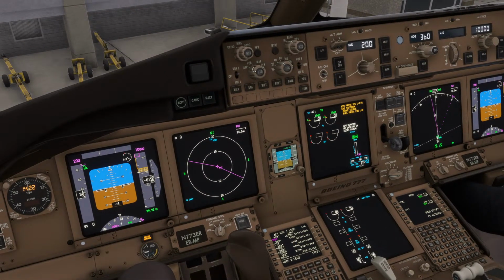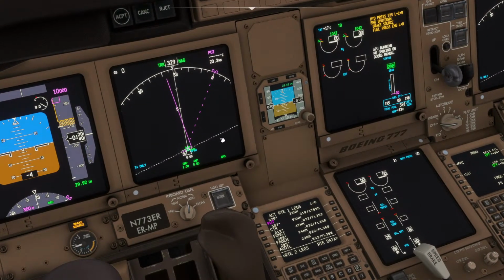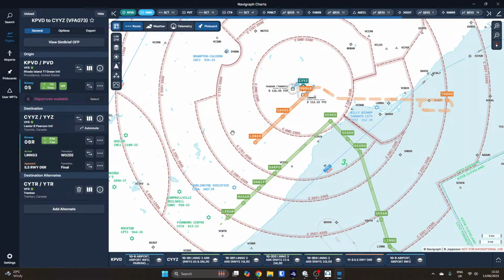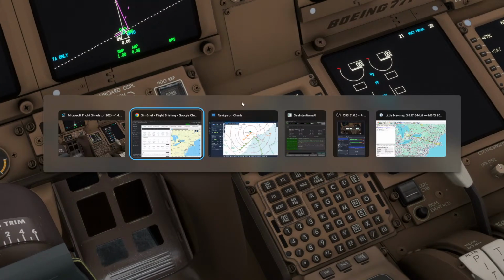Okay, let's put this back on map mode and turn the range down for departure so we can actually see it. It's interesting, look, it's not anticipating. Should we go and add to the flight plan slightly? I did put runway 05 in, didn't I? So it's interesting that it's cutting that straight off. So it's saying go straight for Putnam, but it's got no...